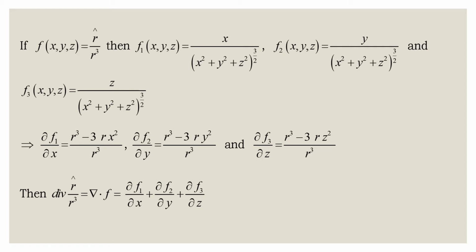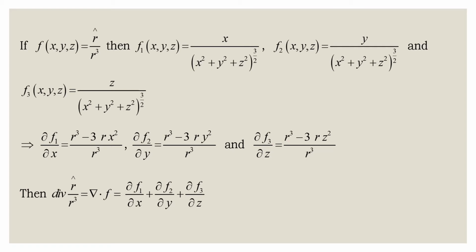Similarly, f2 equals y by (x square plus y square plus z square) whole power 3 by 2. We can replace the denominator of f2 with r cube. So f2 equals y by r cube. Similarly, f3 equals z by (x square plus y square plus z square) whole power 3 by 2. If we replace the denominator of f3 with r cube, it can also be written as f3 equals z by